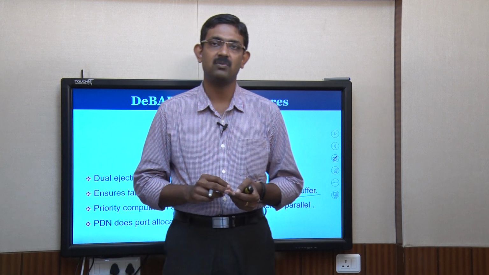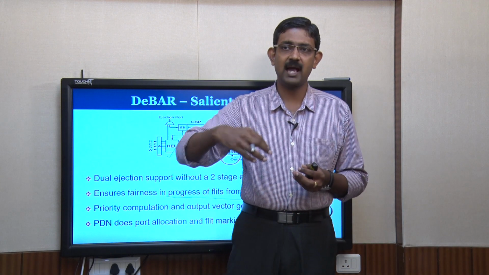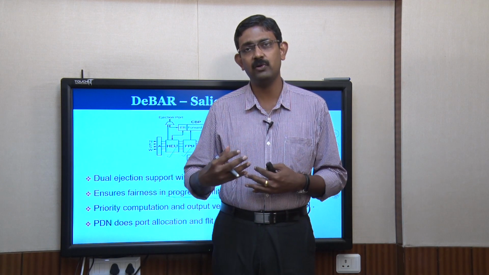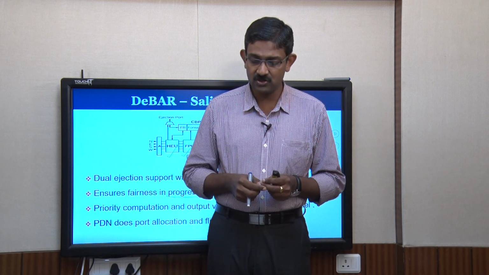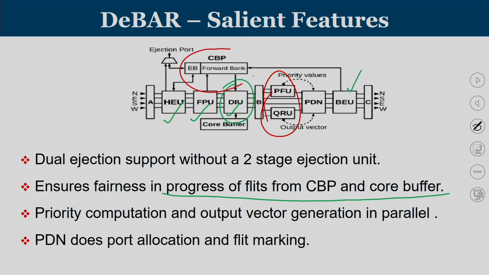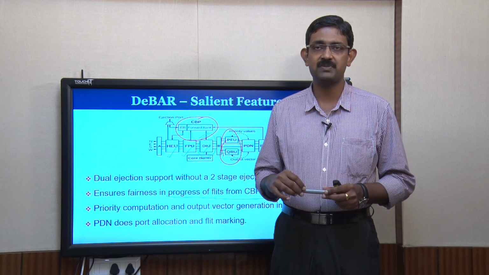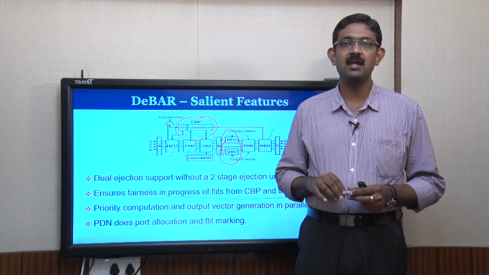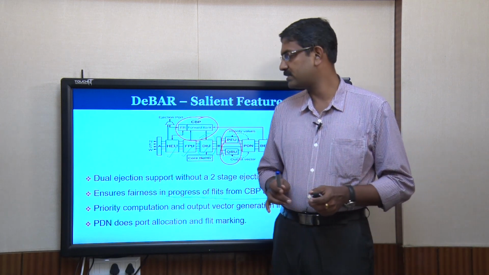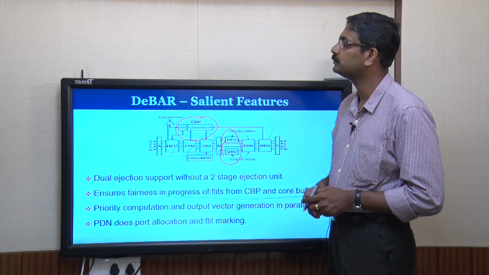One more salient feature of D-bar was, when you consider a mesh NOC, the central routers typically carry more traffic, whereas the edge and corner routers are going to carry less traffic. So, the number of flit buffer spaces in the so-called side buffer is typically defined as 4 flit buffer space in the case of MinBD. In the D-bar, they are using a non-uniform side buffer allocation. The central routers are having a 4 flit side buffer, the edges are having a 3 flit side buffer, and the corners are having a 2 flit side buffer. That also is going to save a little bit of your space and energy budget.